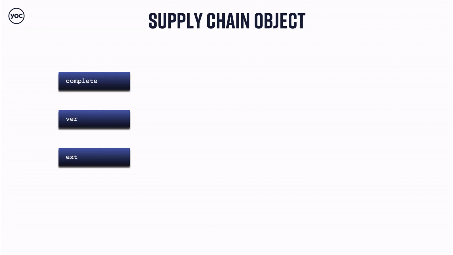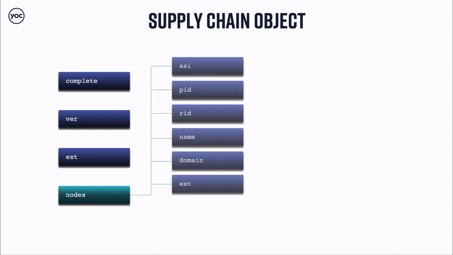The extension placeholder for advertising specific needs. And we get to the important part, which is the nodes array. It consists of a few attributes. First one, ASI, as I understand, that's advertising system identifier. And here should be placed the domain of the advertising system which is sending the bid request. Pretty much the same that we see in ads.txt files, and the same that the buy-side platform is addressing for